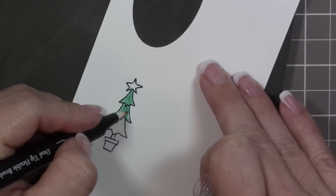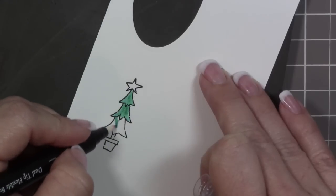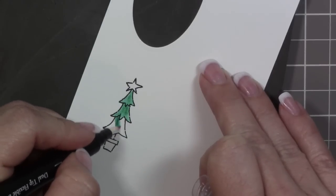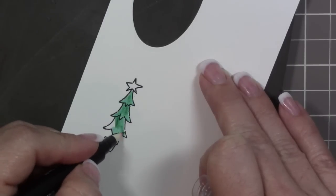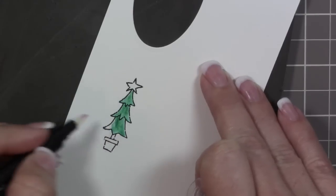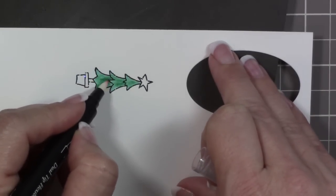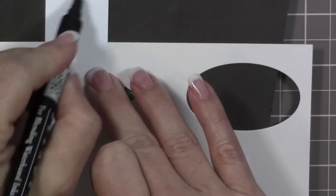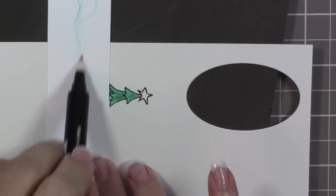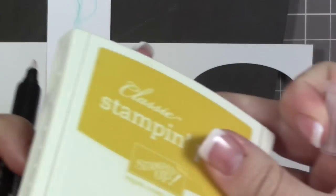The color will eventually get lighter, and so you'll just keep picking up the color from the ink pad. And as it gets lighter, you can just come back and add more color to make it darker, things like that. Okay, and so then when you're done with that color, just get a scrap piece of paper and scribble on it until the pen runs clear, and then you can go on to your next color. So here I've got Crushed Curry,